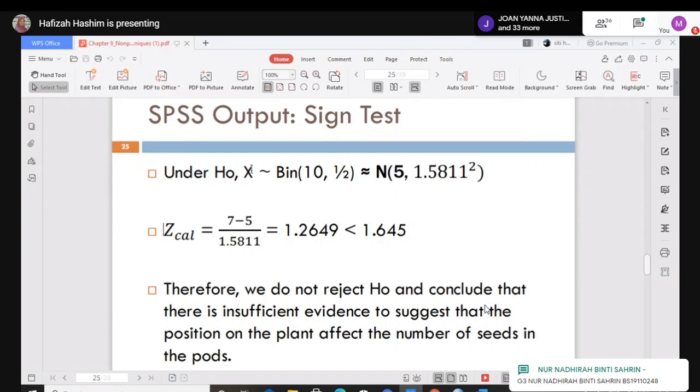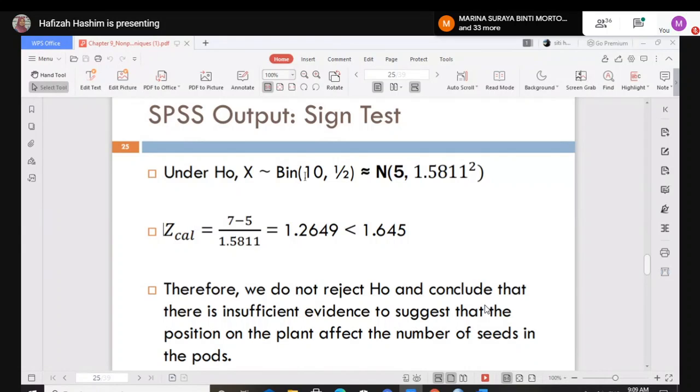Okay, this one, X is the binomial random variable in the binomial distribution, and P. N is 10 because the sample number is 10. P is the probability of success. Now we focus on the positive number. P equals 1/2 because you only have two choices, positive and negative. And then it is approximately a normal distribution. So remember this one is your mu, and this one is the value of variance. Mu means NP, and this one is NPQ.